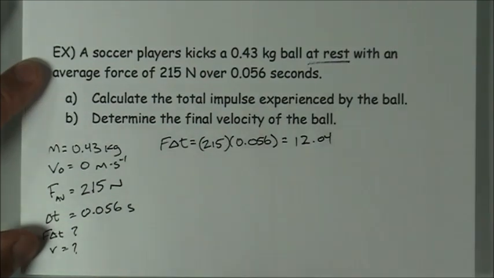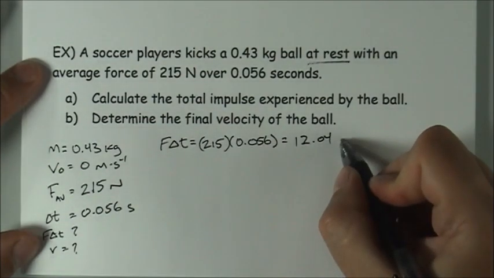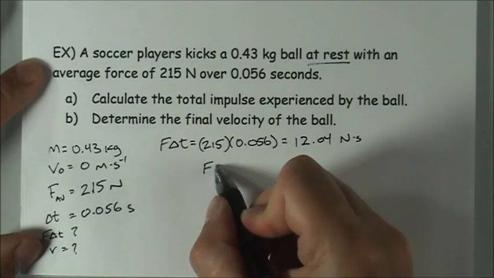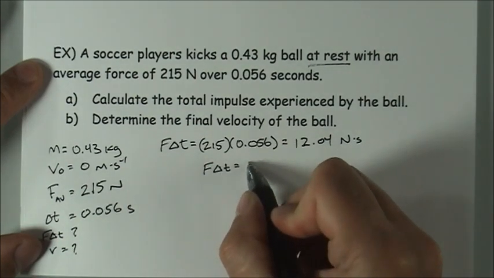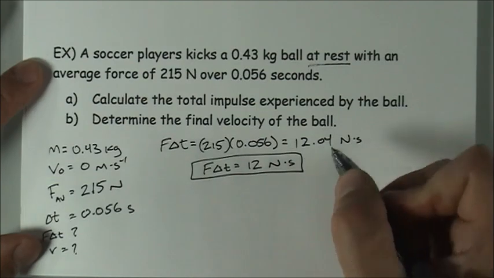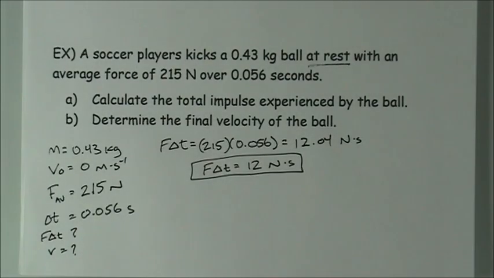And just to remind you, since I'm calculating impulse, the units would be Newton seconds. So I would say that F delta t was equal to 12 Newton seconds,